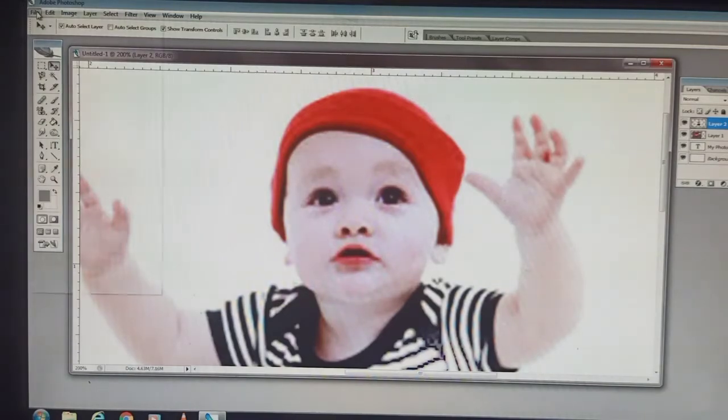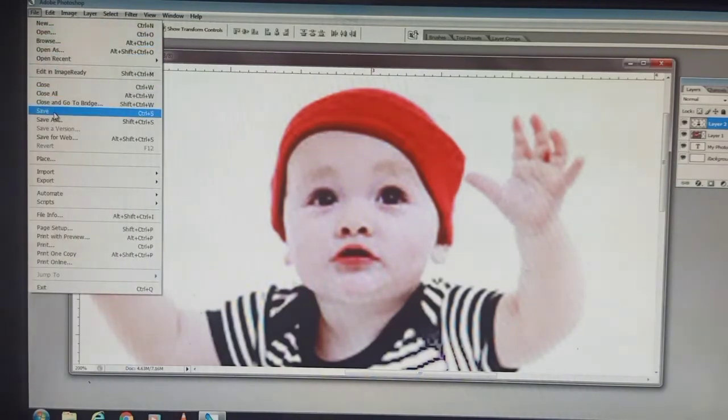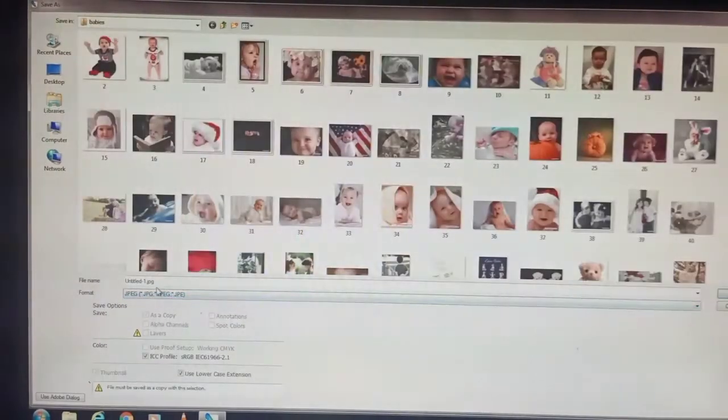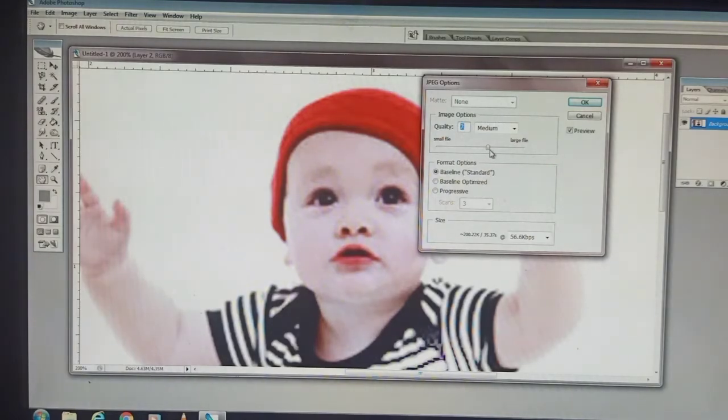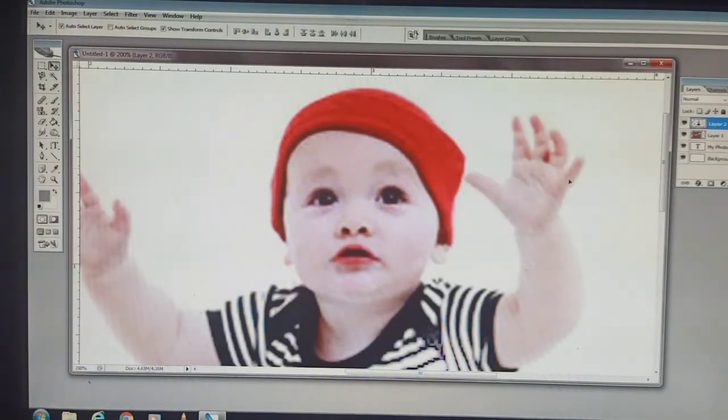After completing all, go to the file menu, then save or save as, then here the Photoshop file, you select JPG, you give a name here. We can write any name. Suppose I have written here demo, so the JPG file is saved. Then click on the save button so that it will be saved. It will ask you to enter quality, you can increase, then click on OK.